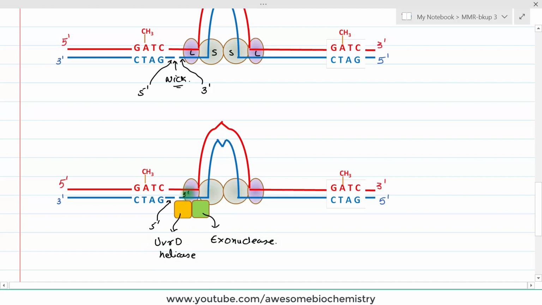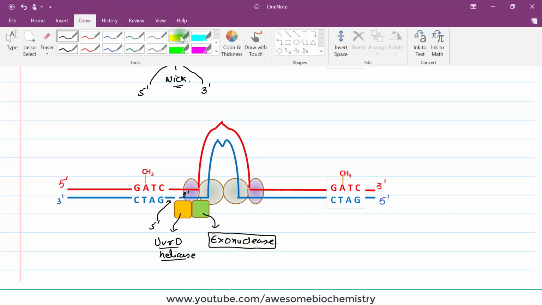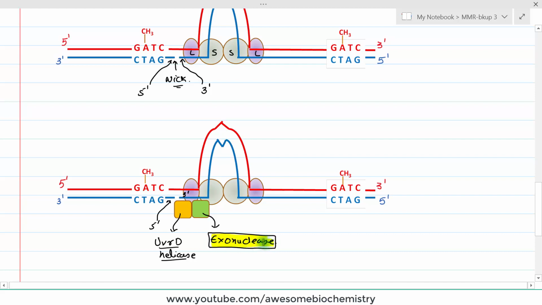UvrD helicase, what it will do? It will separate both the strands till the DNA damage. Okay, starting from the nick to the DNA damage, it will unwind this DNA. And what will this exonuclease do? This exonuclease is very, very important, and many students make a mistake with this exonuclease. Now, if you look over here, this chain needs to get digested. So starting from this side, the digestion will start in this direction. So see the direction, it is starting from the 3' to the 5' end. So this exonuclease in this case is the 3' to 5' exonuclease